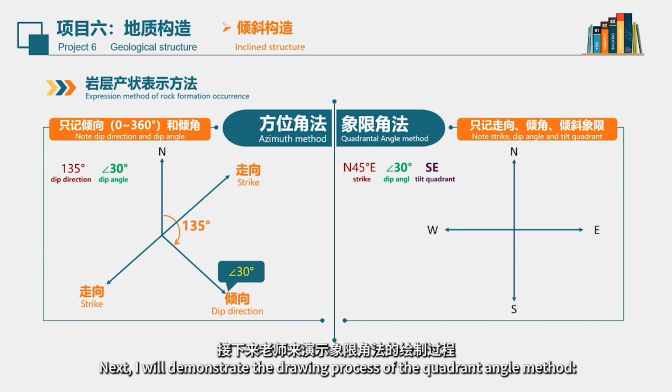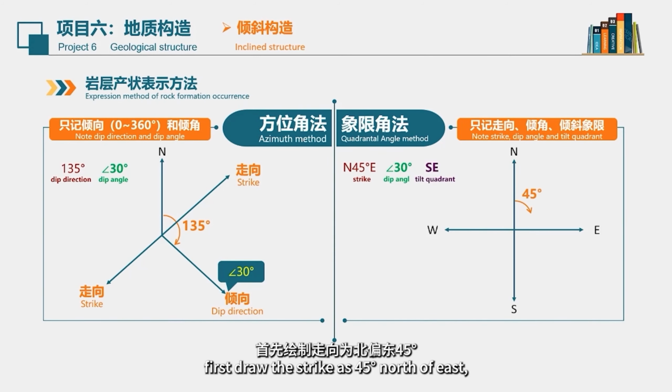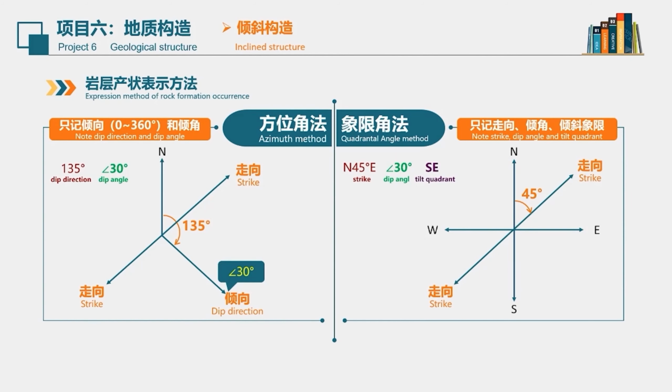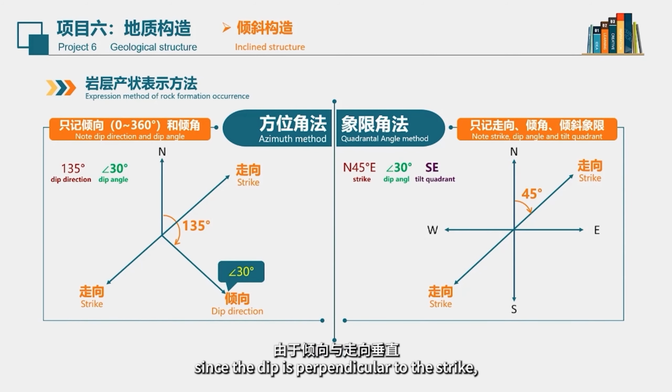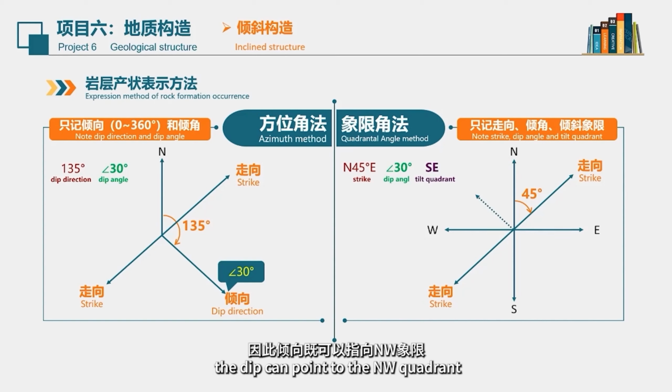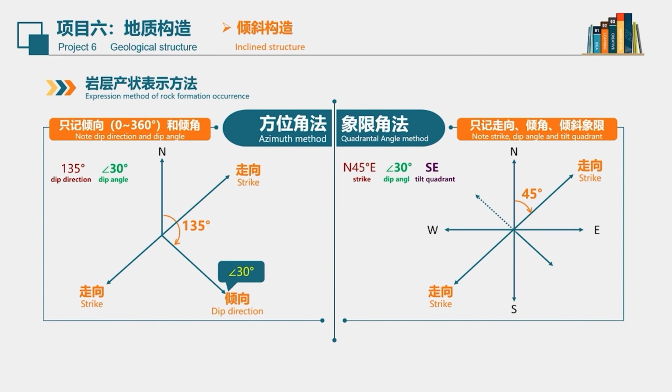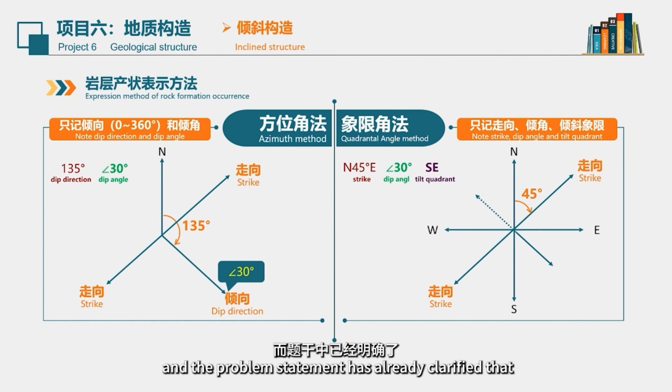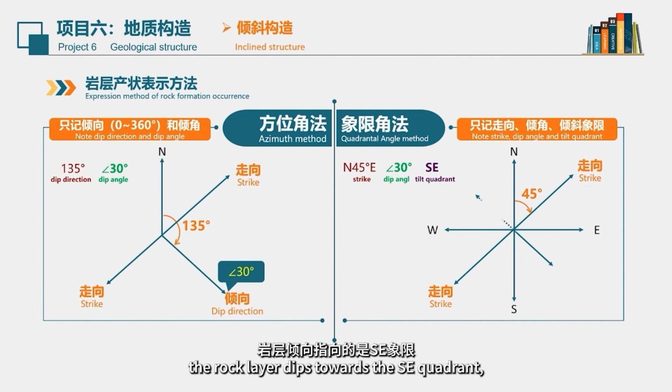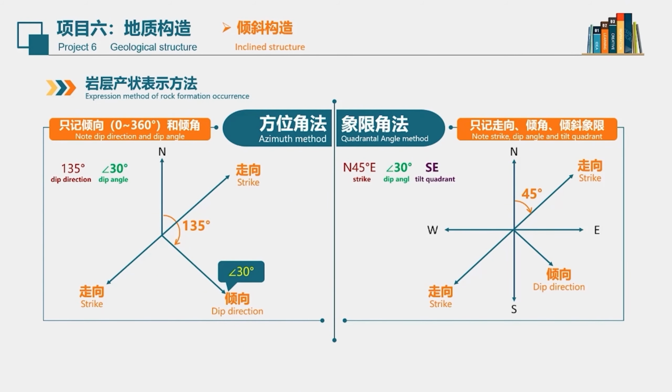Next, I will demonstrate the drawing process of the quadrant angle method. First, draw the strike as 45 degrees north of east. Extend it in both directions. Since the dip is perpendicular to the strike, the dip can point to the NW quadrant or the SE quadrant, and the problem statement has already clarified that. The rock layer dips towards the SE quadrant, thus determining the dip direction,